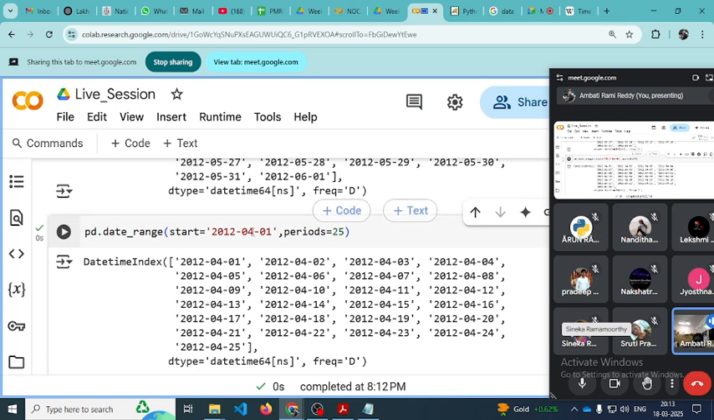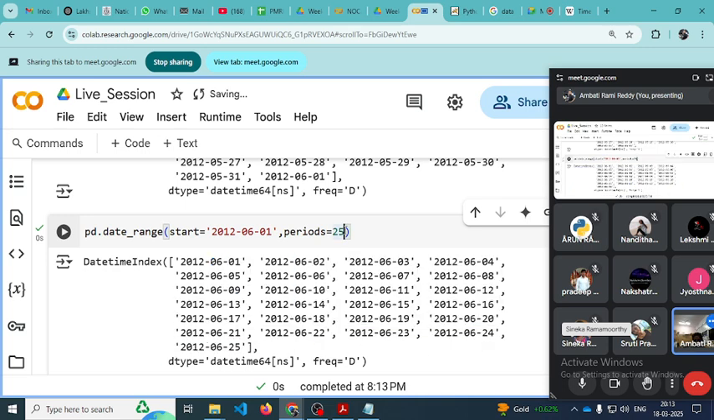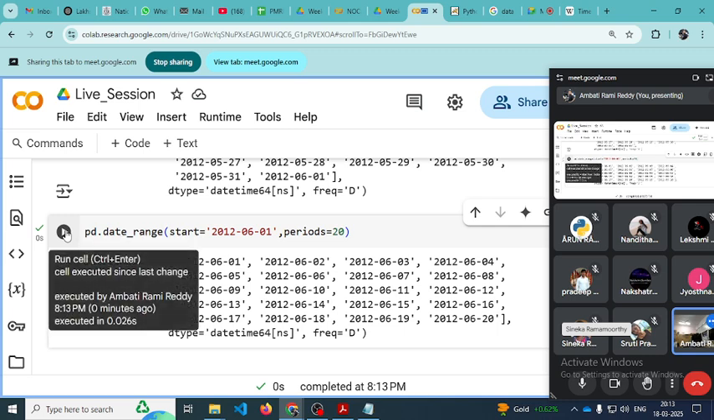Suppose if you want to give some other month, you can do that. You change your month, and within that month you will get that number of periods, 25 or 20. So the start and end dates define the boundaries generated, based on the date index. So the next one is